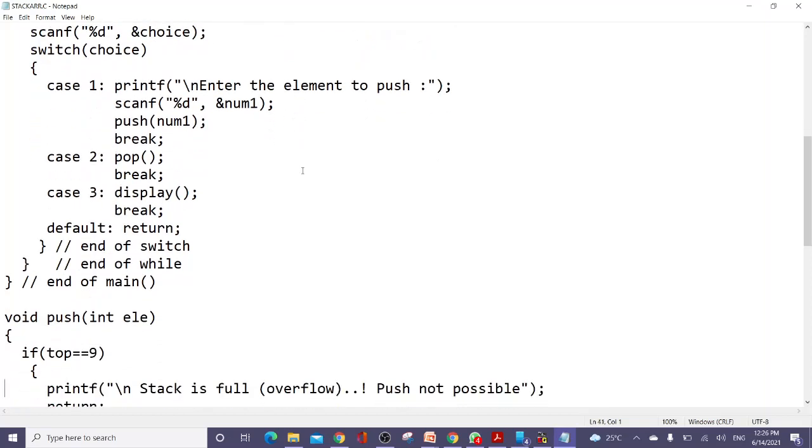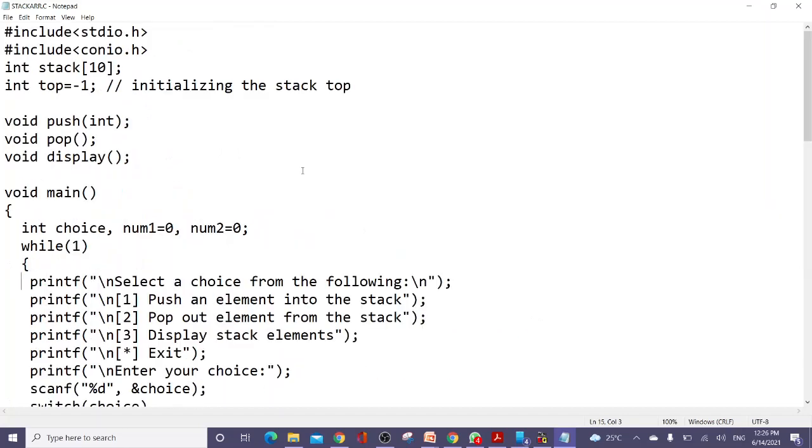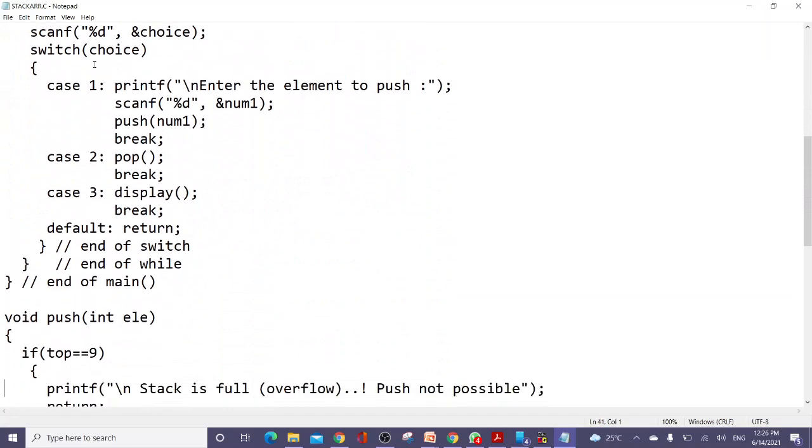Okay. Push. Element is the one that you are trying to insert, and maximum I have taken as 10. Look here, the stack value I have taken is a stack of 10, so that means the maximum value is 10. So 10 minus 1, 9. You check whether the top has reached the maximum.